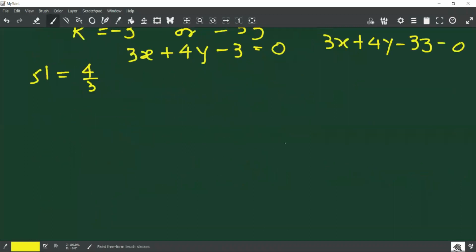It is equal to 0 only. Now the slope of the perpendicular lines is 4/3. So your equation is going to be 4x minus 3y plus